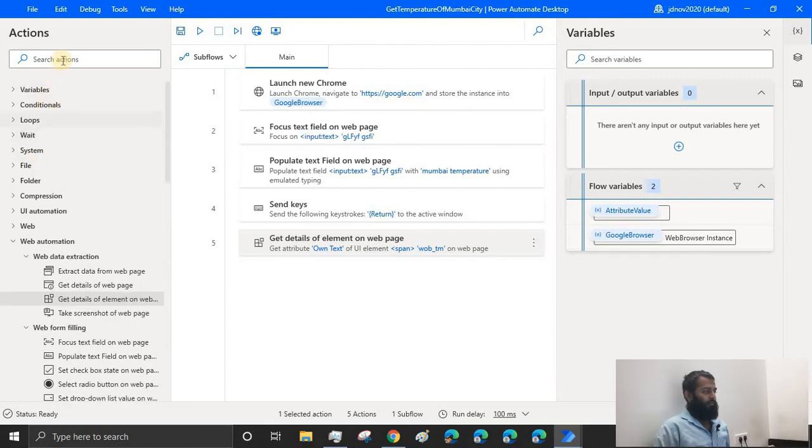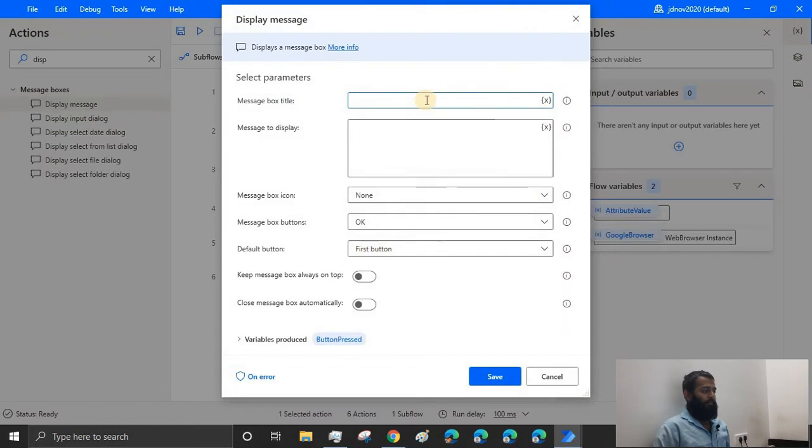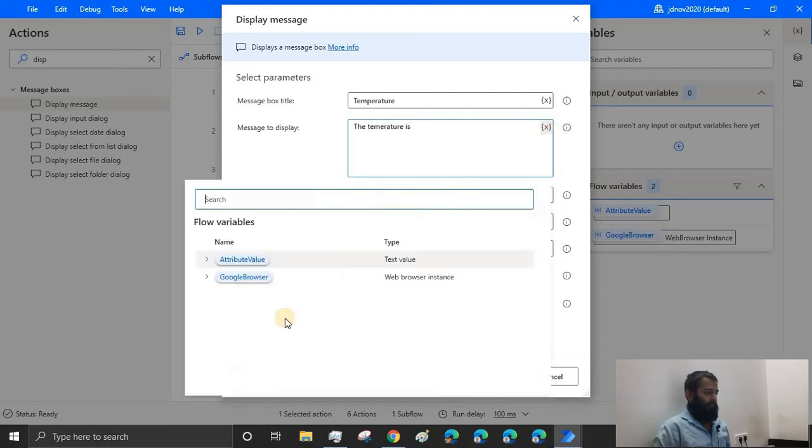Now we can print this temperature in a Display message. It's like a dialog box that appears and displays the text. You can give the title of the box as Temperature, and I can use the text The temperature is, and select the variable.